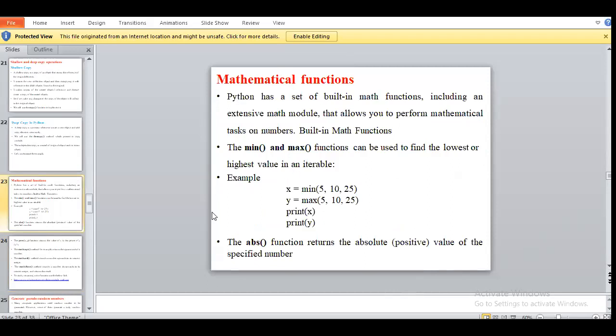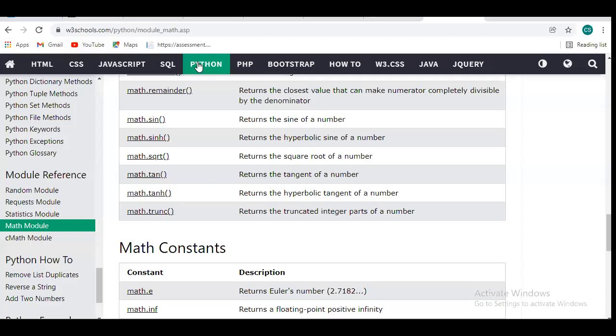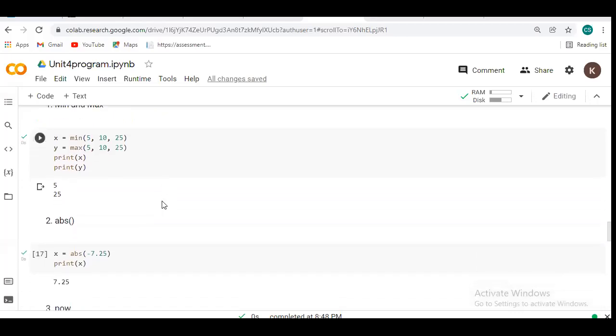So you have to perform right now. You have to perform the minimum, maximum, power, square, ceil and floor. These operations. Okay. Any doubt regarding any of the programs, how to write them and how to find those values? No, ma'am. Okay. So you all have to perform the operations.